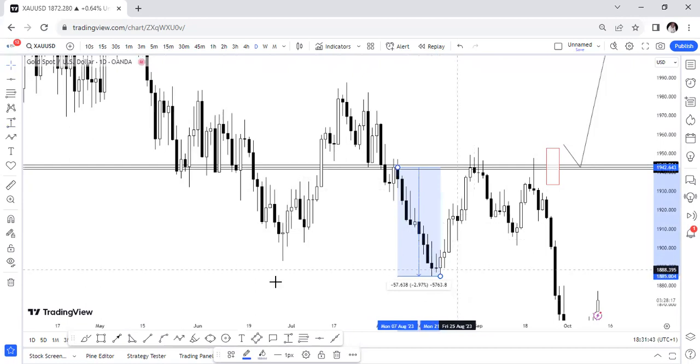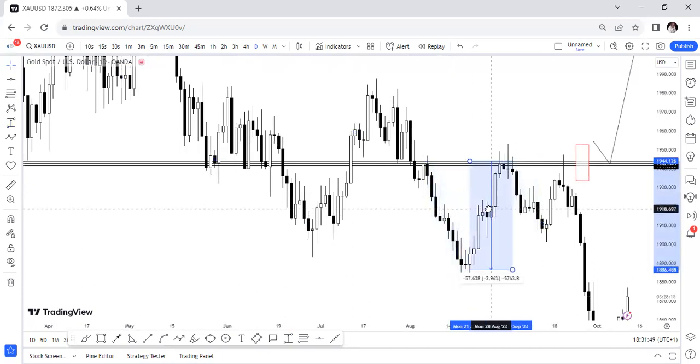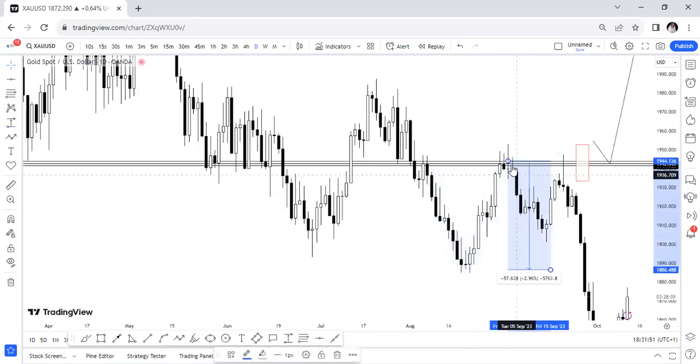And price pulled back into it again. It reacted downward, in the same manner that happened there. Can you see no price close above